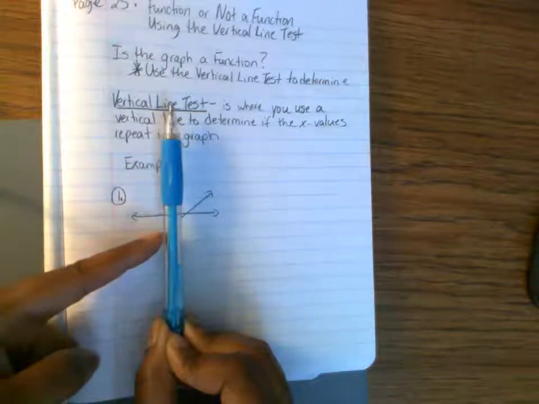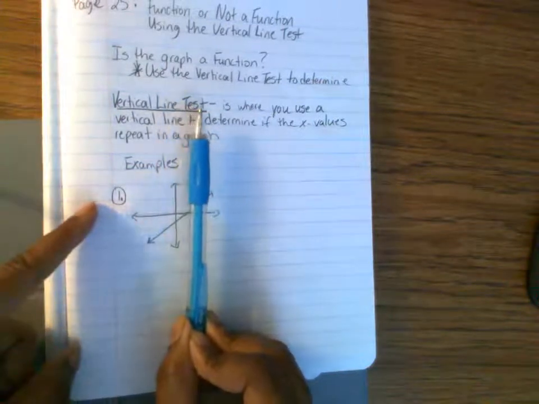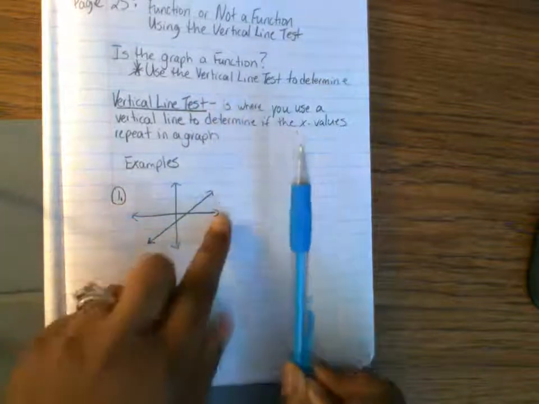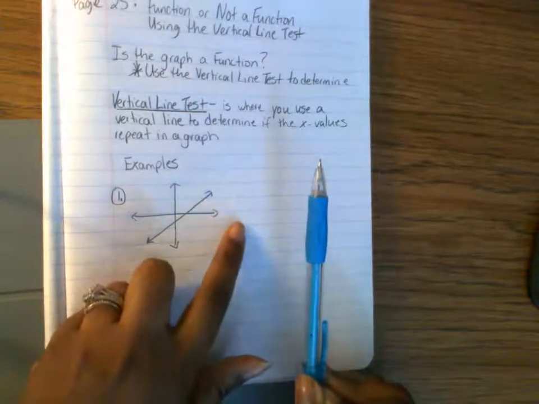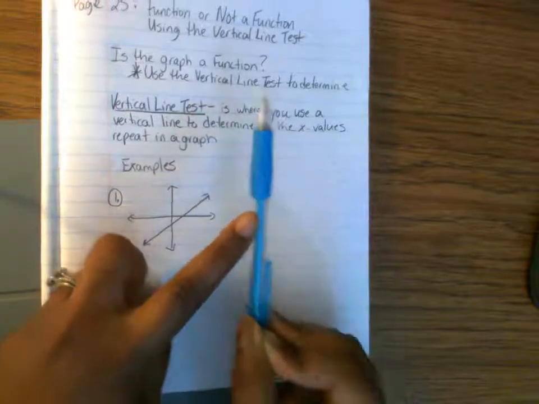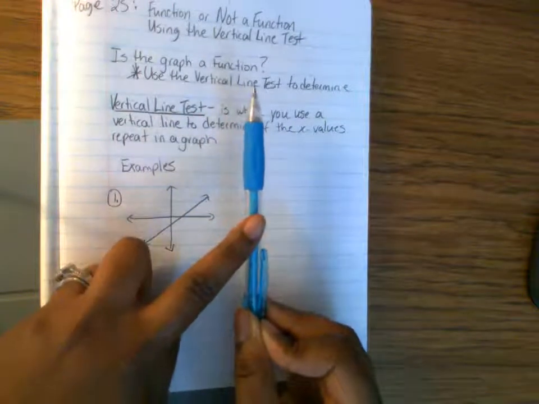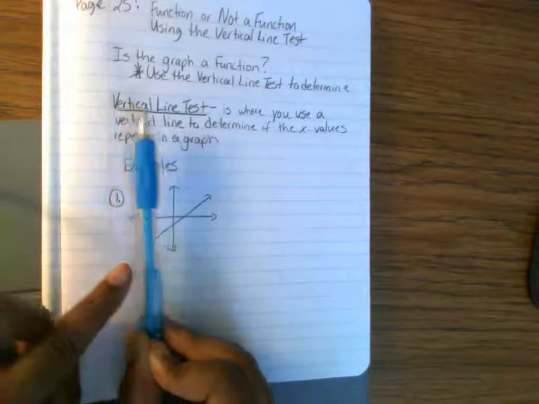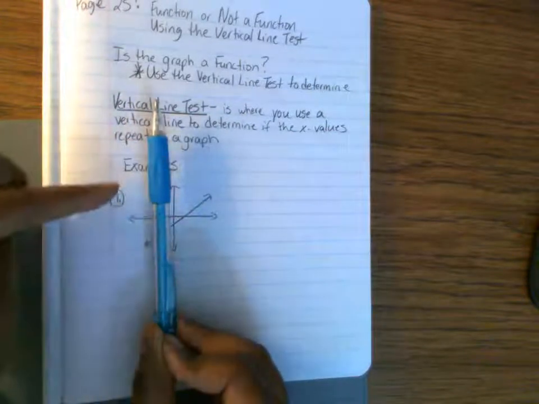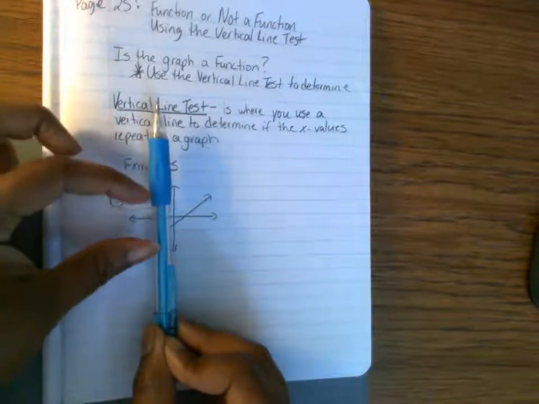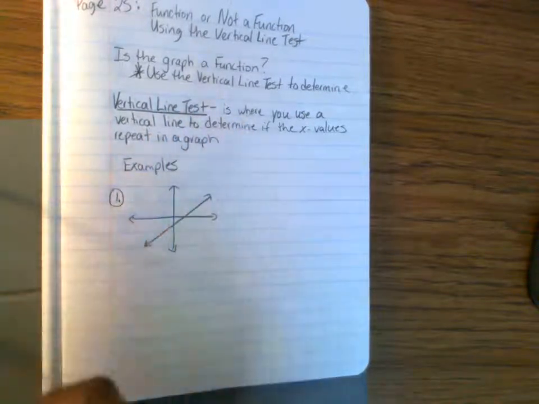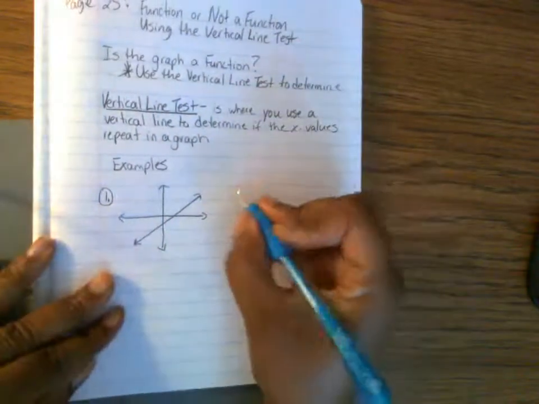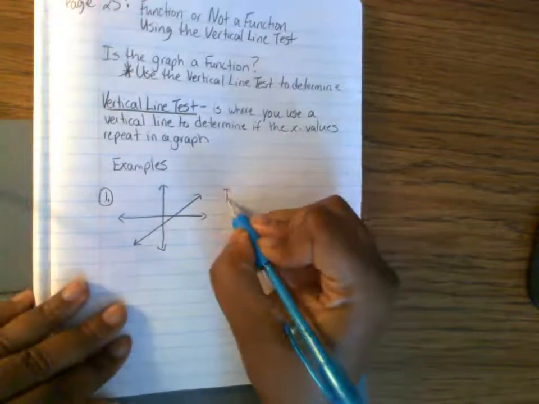So this is a function. The x values do not repeat here, and it passes the vertical line test. Because our graph does not touch this pencil more than one time at the same time, we're going to say this is a function